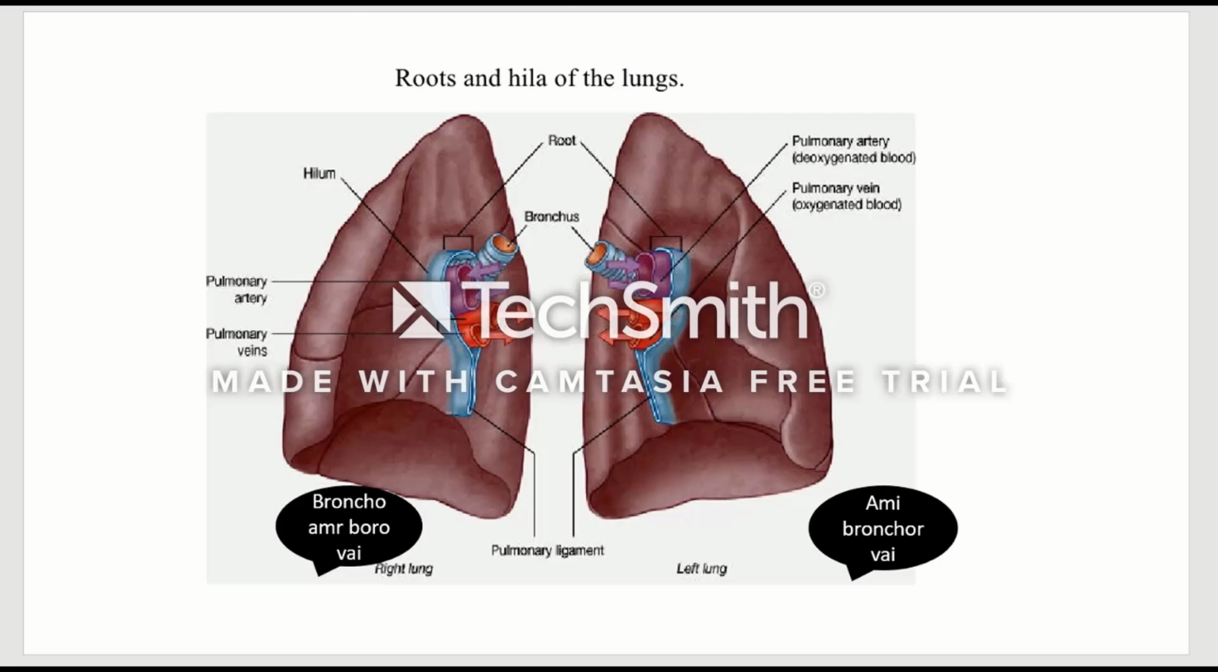Then আমরা এই ফিগারটাতে যদি দেখি, রাইট লাং এর ক্ষেত্রে আমরা এই সিকোয়েন্সটা মনে রাখতে পারি। ব্রঙ্কো আমার বড় ভাই, ফার্স্টে হচ্ছে ব্রঙ্কাস, দেন আর্টারি, দেন ভেইন, ব্রঙ্কাস, আর্টারি, দেন ভেইন। লেফট লাং এর ক্ষেত্রে আমরা মনে রাখতে পারি আমি ব্রঙ্কোর ভাই, প্রথমে হচ্ছে আর্টারি, দেন ব্রঙ্কাস, দেন ভেইন।